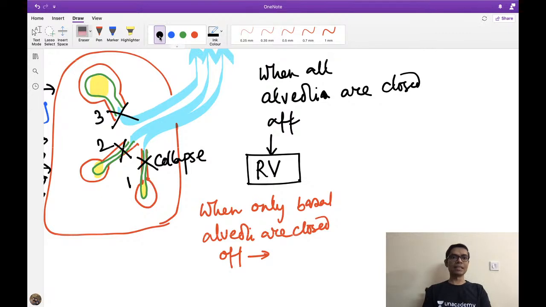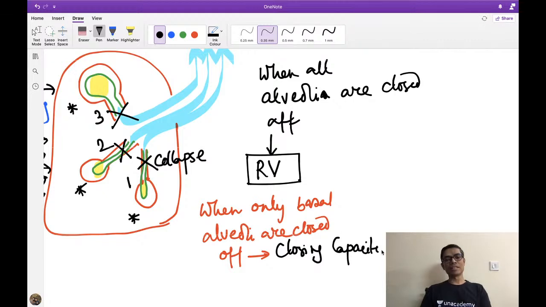In this condition, the remaining volume which is present here, in this alveoli also, and in this alveoli, this is known as the closing capacity of the lung. This is known as the closing capacity of the lung. Getting my point? So whenever I am doing a forceful expiration,